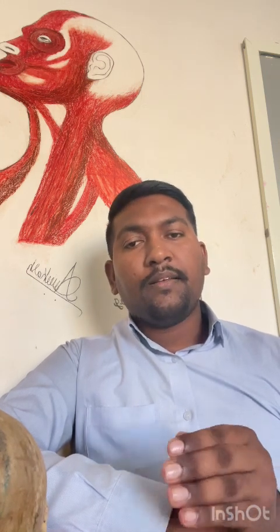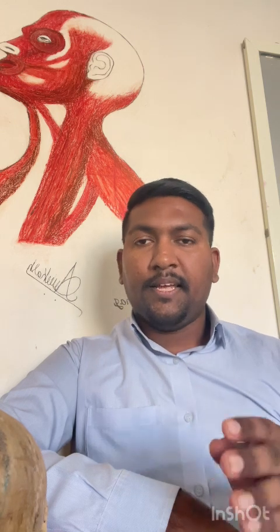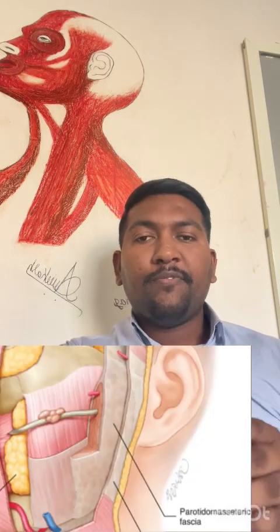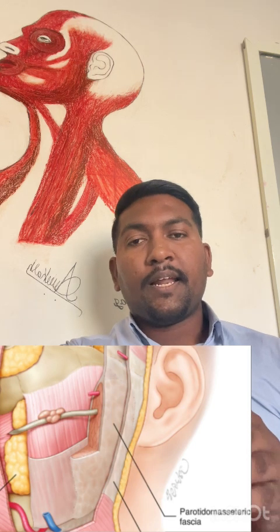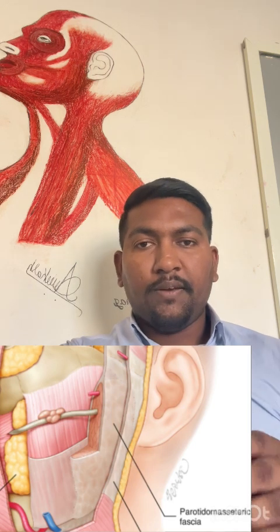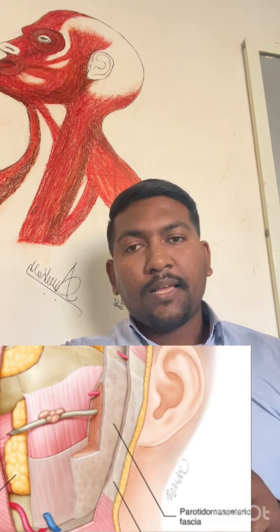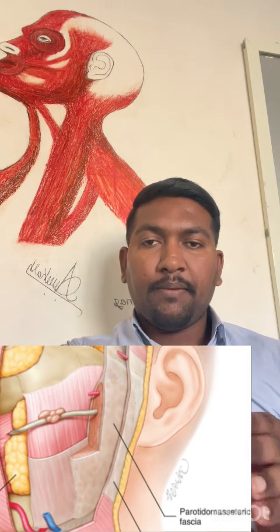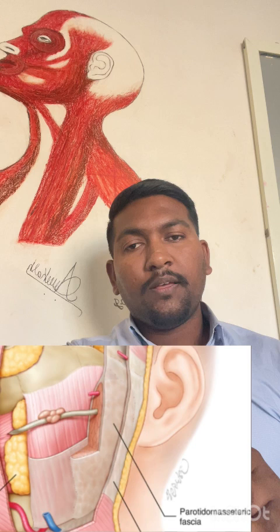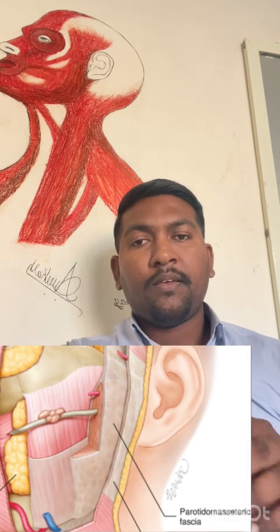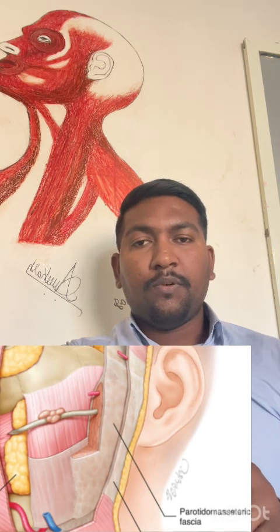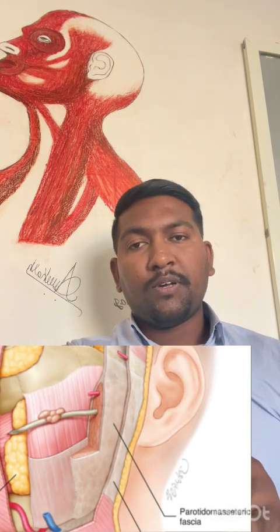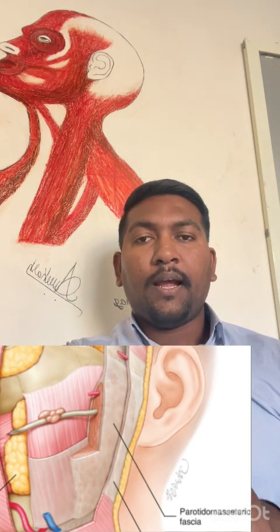Before going to the masseter muscle, first we will discuss the parotid-masseteric fascia, which arises from the deep cervical fascia and covers the parotid gland and the masseter muscle. That's why it is called the parotid-masseteric fascia. It arises from above the lower border of the zygomatic arch and covers the parotid gland behind and, anteriorly, it